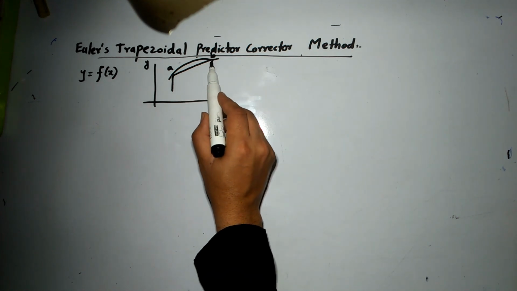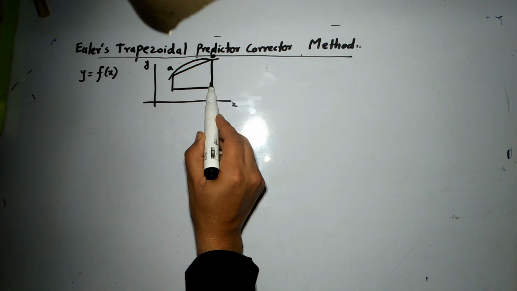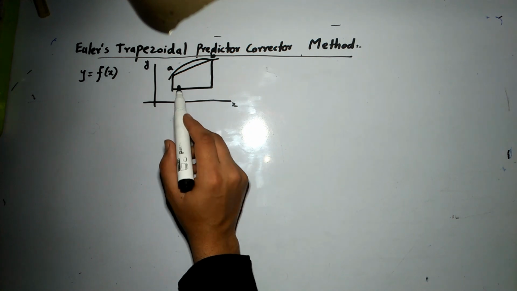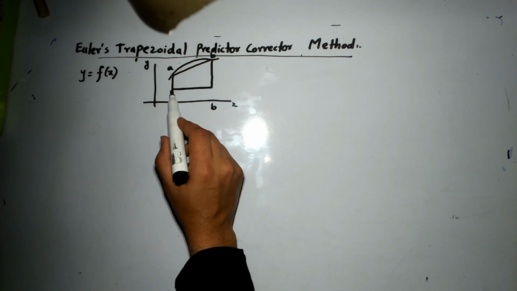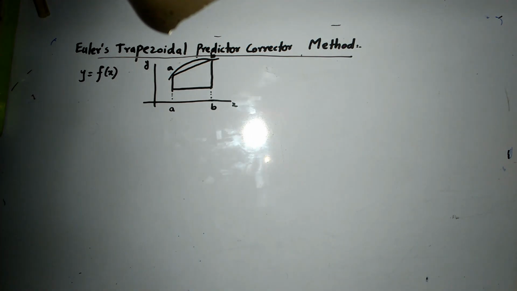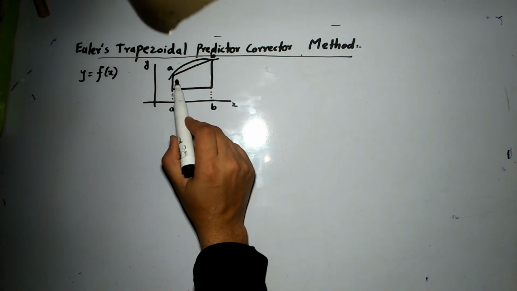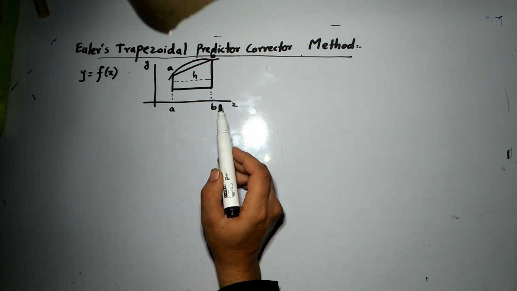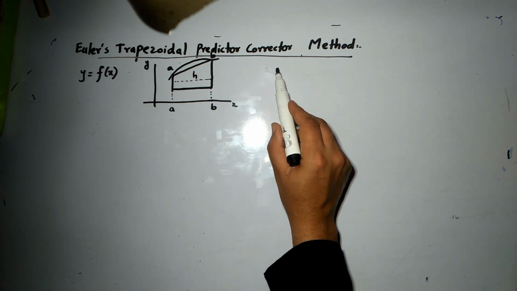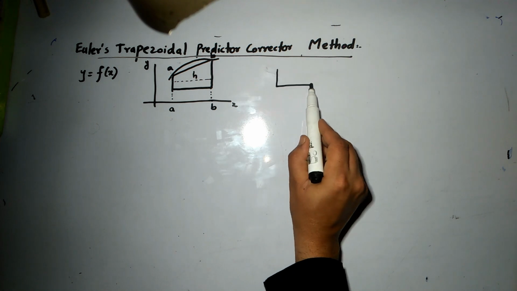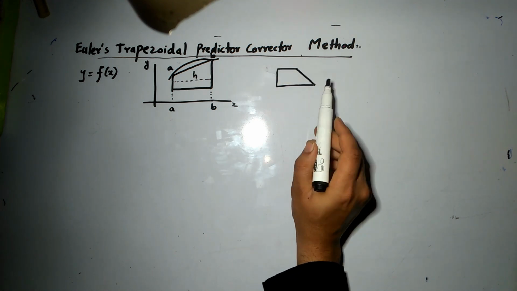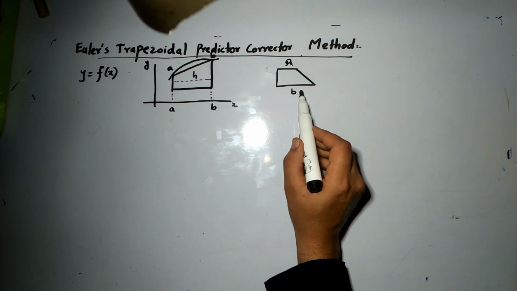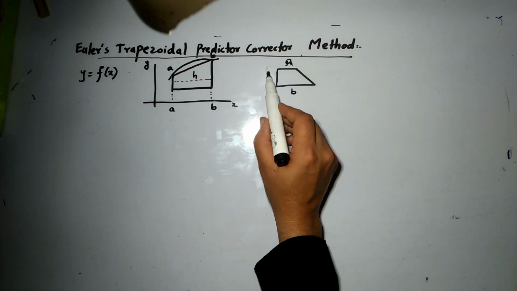So here this will become a trapezium, and here this is A and this is B. Similarly this is A and this is B. Similarly this point shows the height, which is equal to h. So simply we know that this is the form of a trapezium here. If I take this as y0 or A and this as B, and I take this as height,